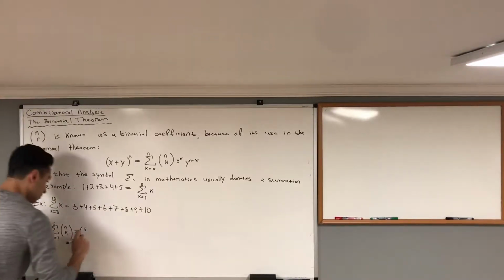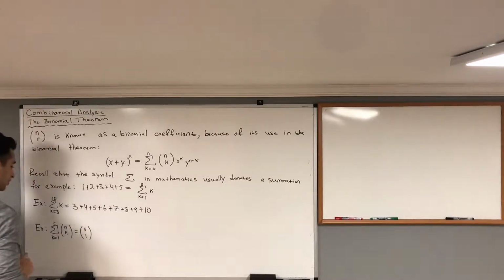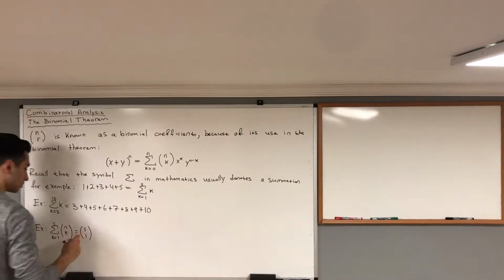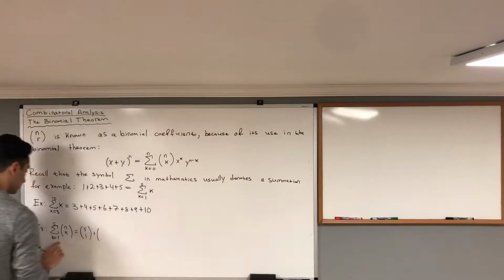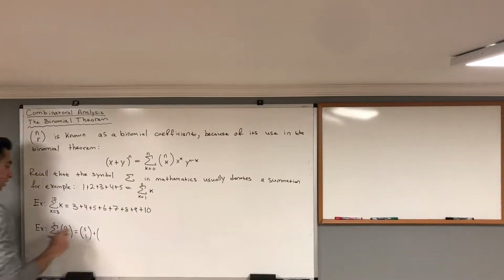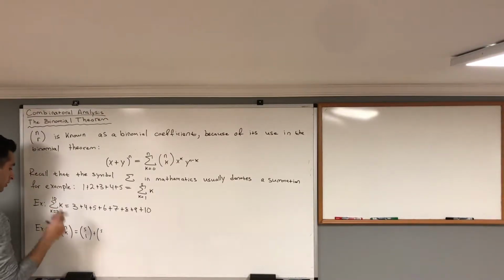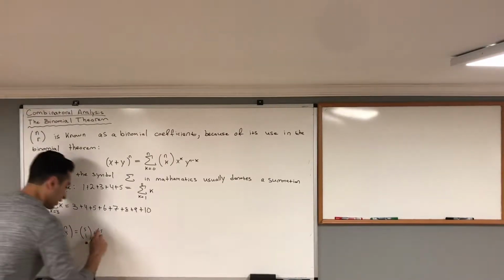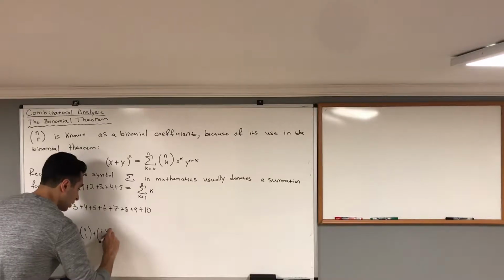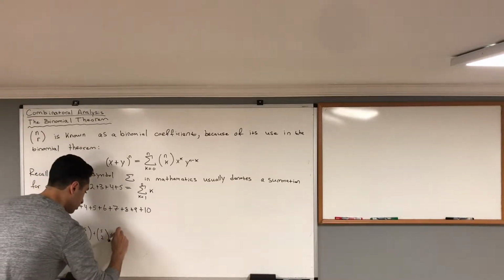So first it's 1. Okay, I got my first term, my first binomial coefficient. But then I have to add all the increments of k. Okay, I still have a 5 on top because the n doesn't change. Then I add 1 to k, so I'll have 2 here. 5 choose 2, plus 5 choose 3,